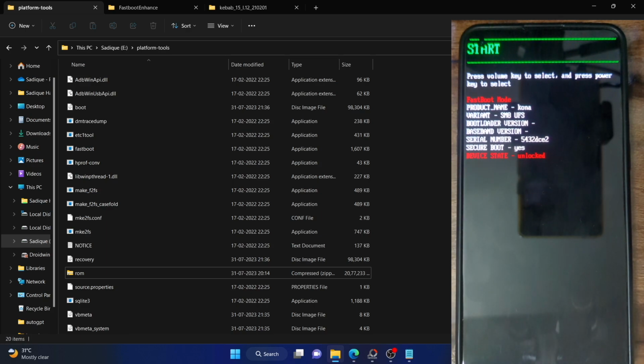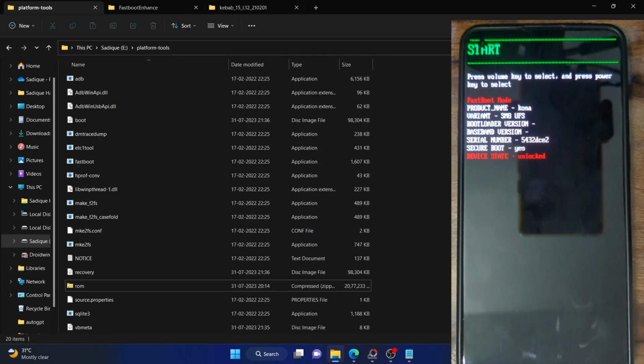Now before doing anything else, let me tell you, I'll be starting off with the easiest of fixes and then I will move on with the advanced fixes. You just have to make sure that you are able to access the fastboot mode. For accessing the fastboot mode, you just have to press and hold the power, volume up and volume down keys while the phone is powered off. As soon as you do so, it might take around 10 to 15 seconds and then your phone will be in the fastboot mode. So let's now start off with the fixes.